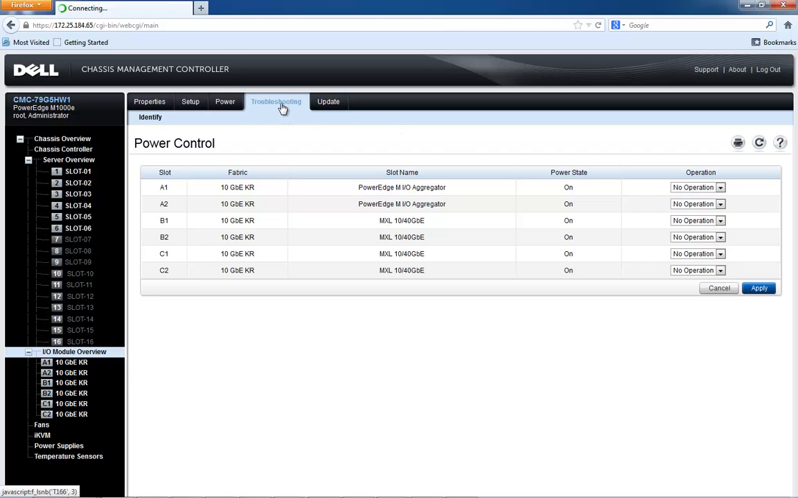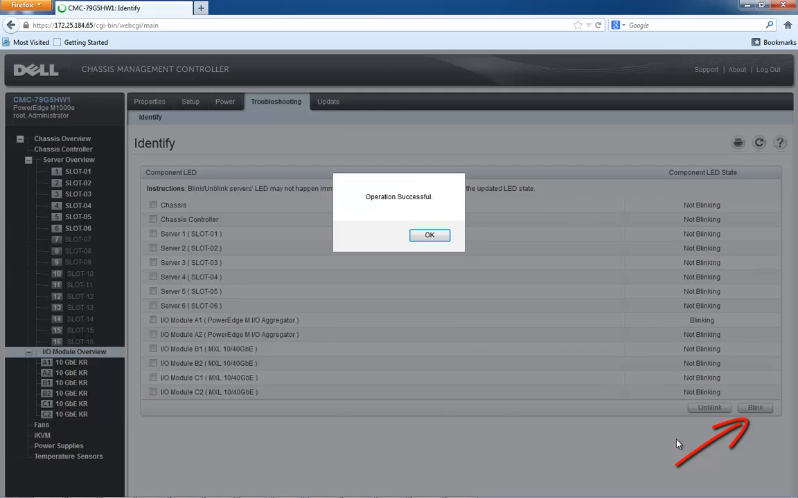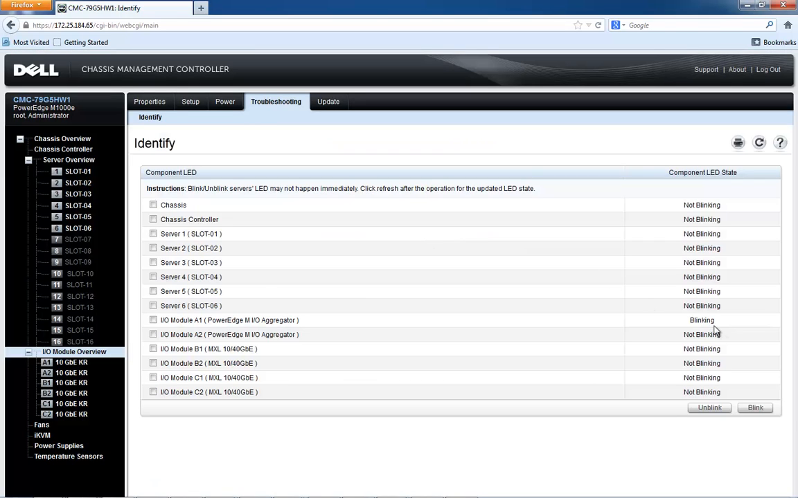On the Troubleshooting tab, this is a section that you can go into, and if you want to set the identification light to blink, you can come in here and click on the little checkbox and then hit the blink button, and it's going to identify that IO module so that if you have somebody in a remote data center and you're trying to get them to find the exact chassis and IO module, you can set that to blink, and it's easier for a remote tech to go in and find that. So I'm going to unblink that,